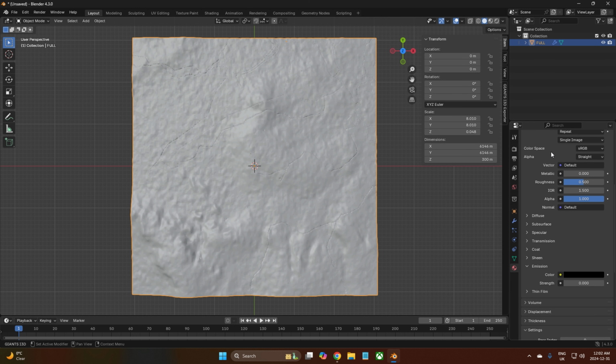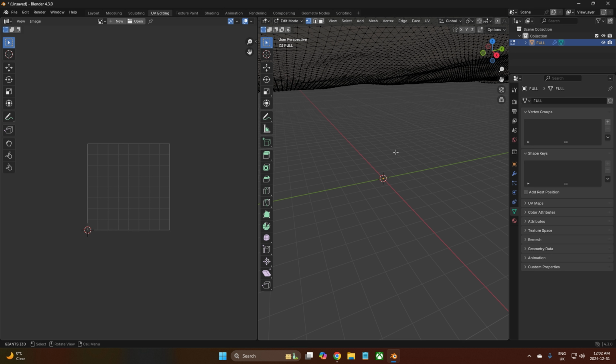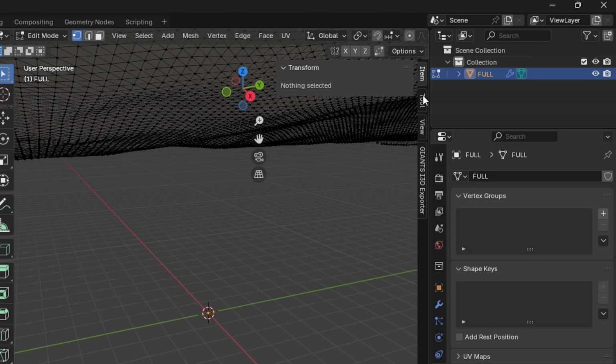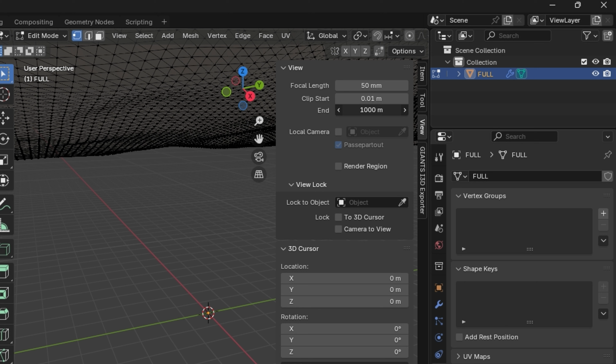Now that we're done here, is there anything else? Nope, nothing else I need to do here. Okay, so what we're going to do now is we're going to go into UV editing. You click on that, and in we come to here. Now, what I like to do on here is, because I like to see this, is open up the tab. I'll go to View, and I'll change this